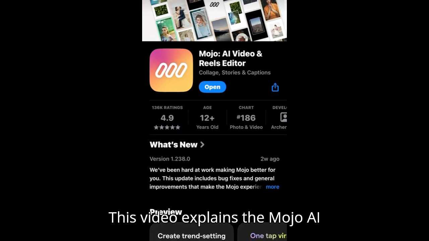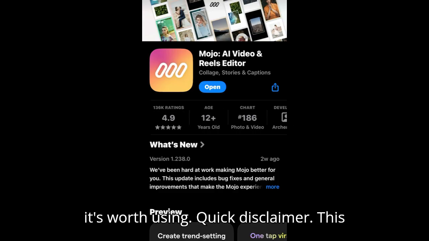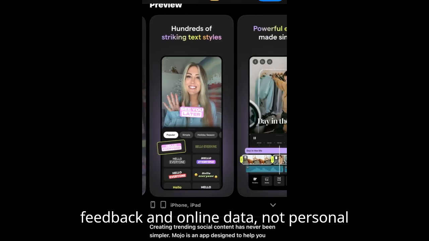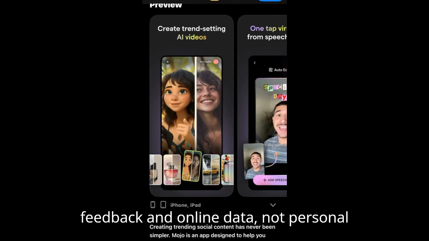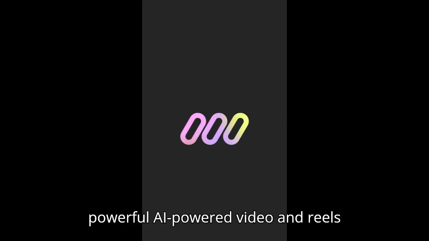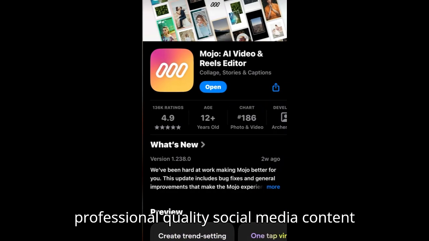This video explains the Mojo AI Video and Reels Editor app and whether it's worth using. Quick disclaimer. This is an explained review based on user feedback and online data, not personal use or a visual demo. Mojo is a powerful AI-powered video and Reels editing app that allows users to create professional-quality social media content